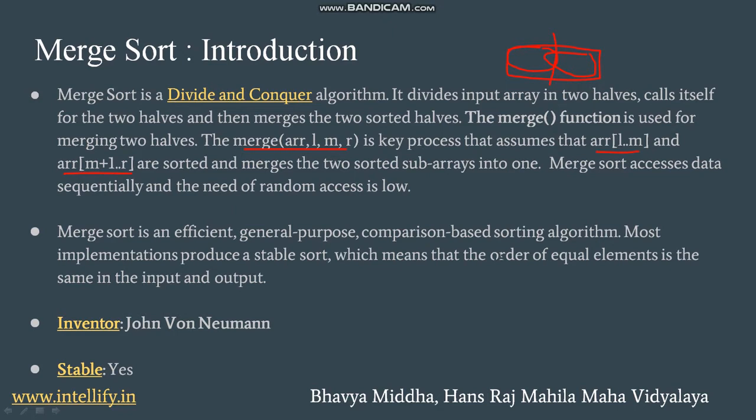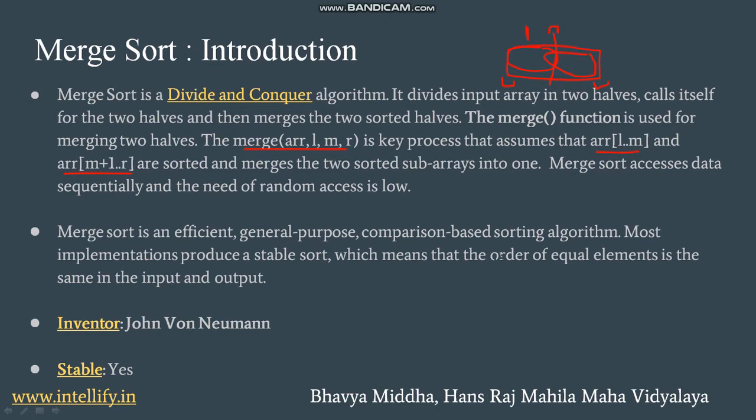Let us consider the array name as ARR. Here, this is the left index, this is the right index of the main array, and the middle index is found and stored in the variable m. So m denotes the middle index. Now, this particular subarray is represented by the index positions from L to M. I hope it is clear. This was the Lth index position, and this is the mth index position that we have calculated as the middle index.